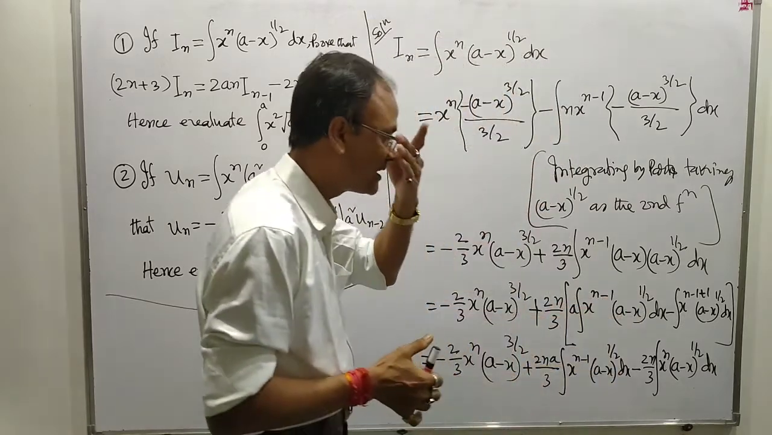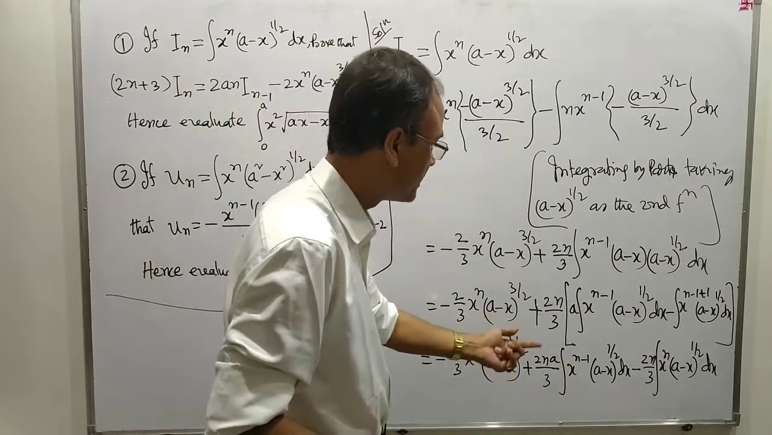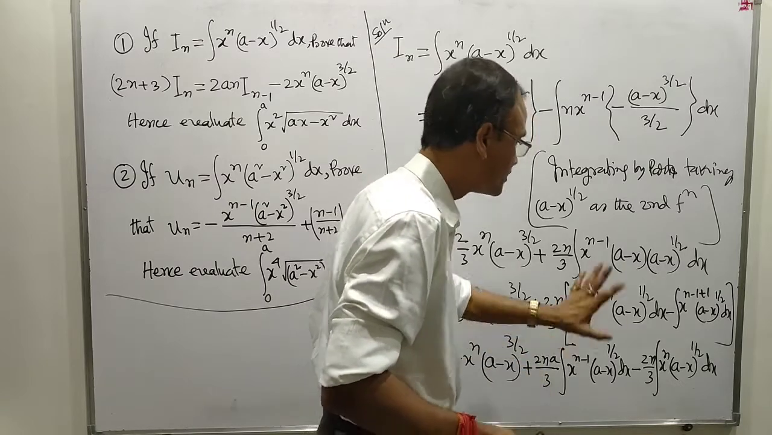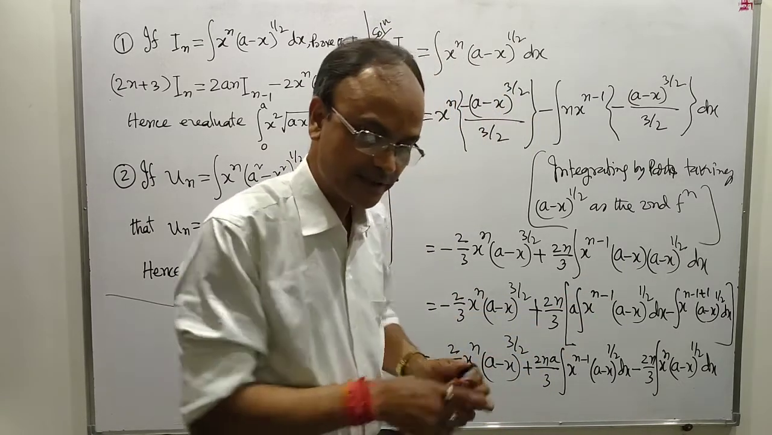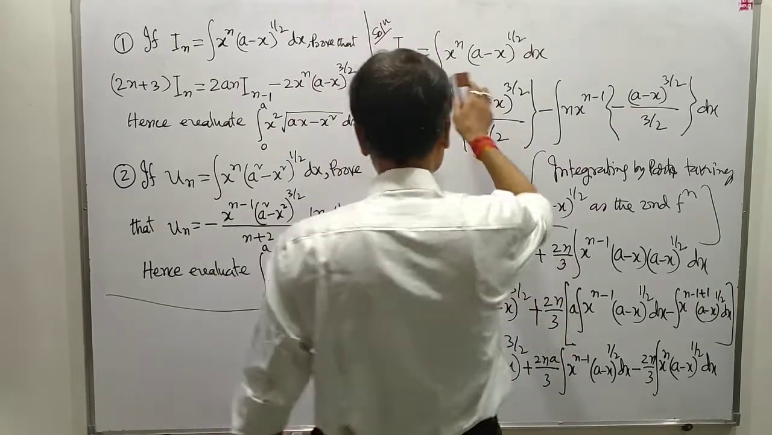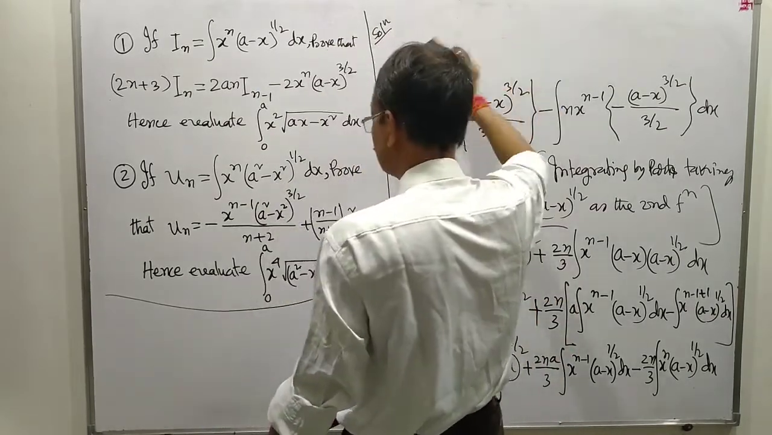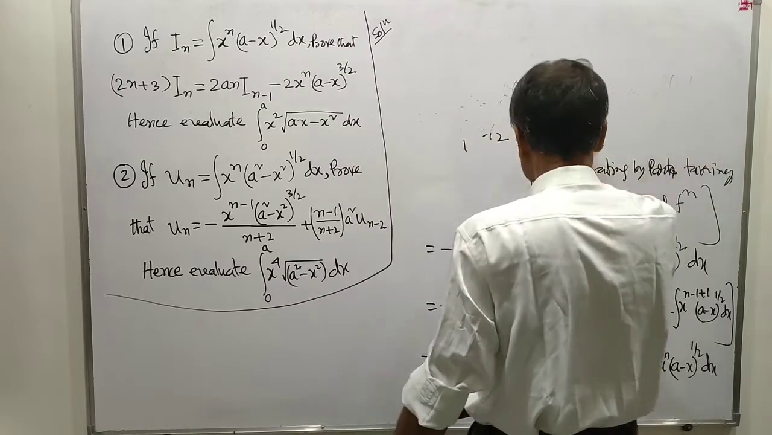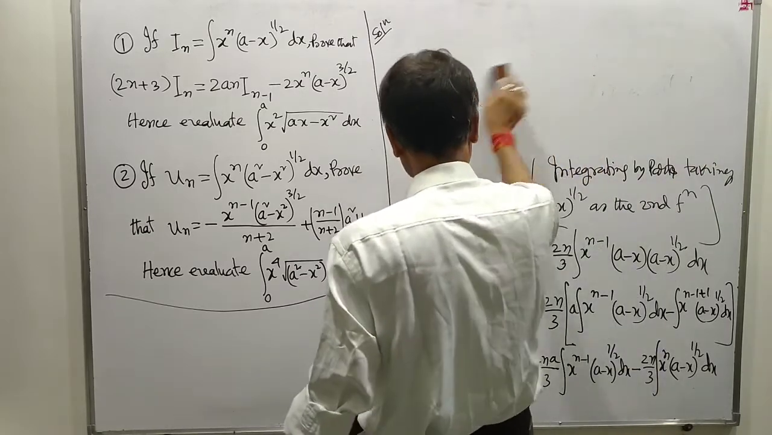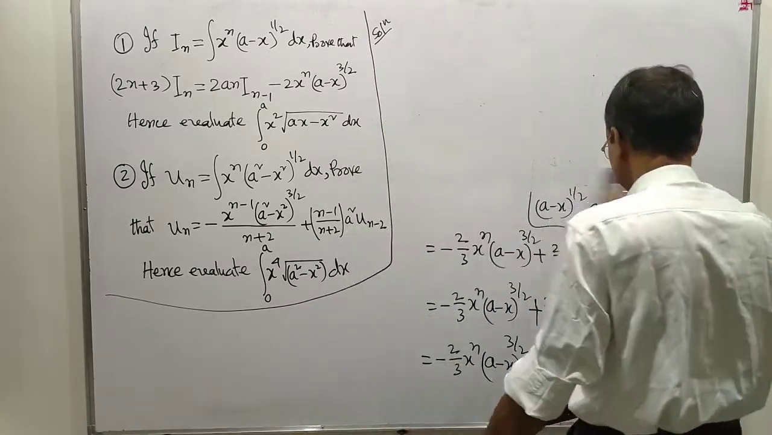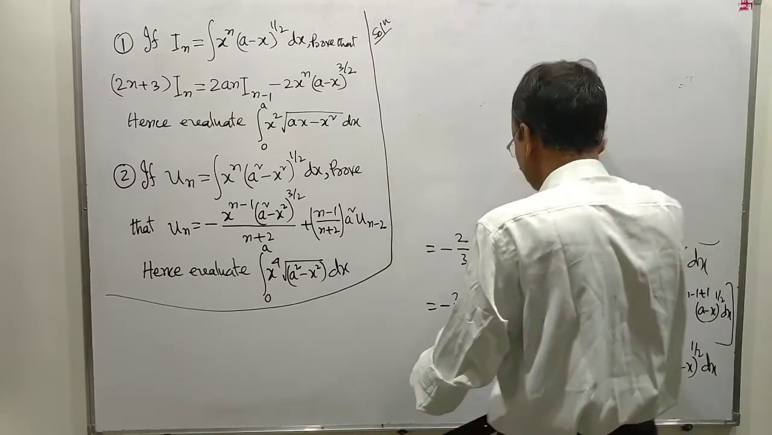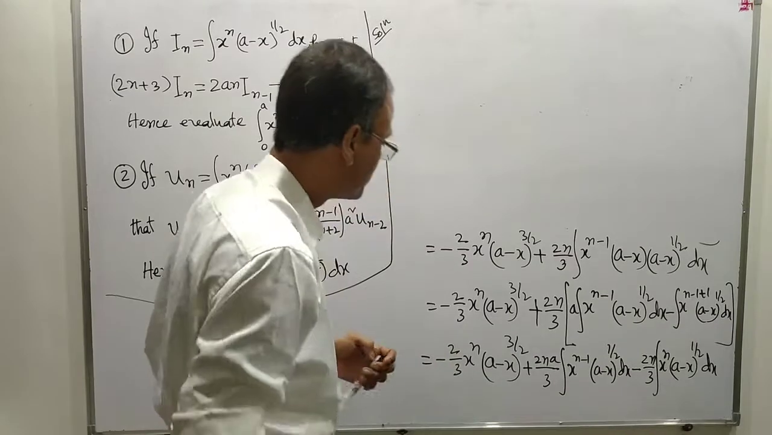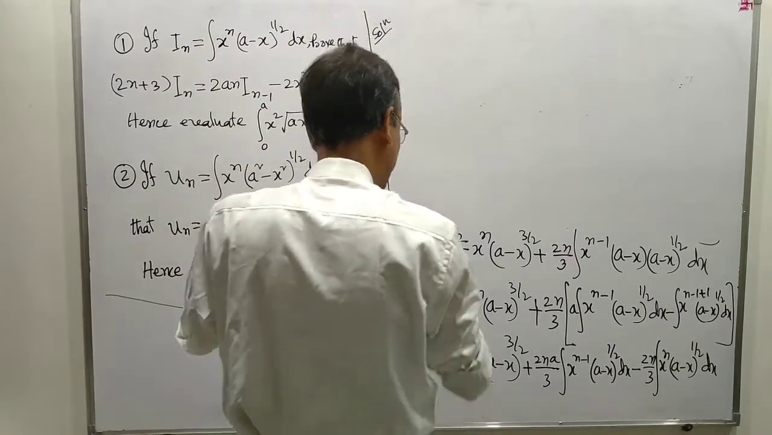Can I write like this? Twice n by 3, yes, we have made no mistake. This is the question. Now you see, this means I_n equal to